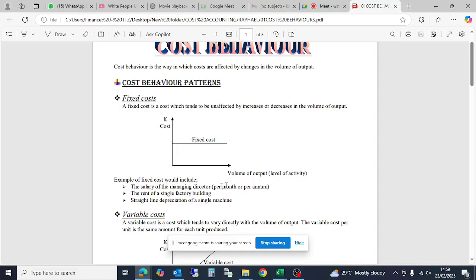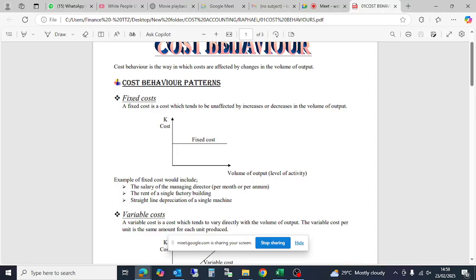Examples of fixed costs: we have the salary of the managing director, per month or per annum. Yes, it's a fixed cost. Basically, all indirect salaries are fixed costs. Salaries for, let's say, the accounts department, that's a fixed cost. Any person's salary that is not affected by production or sales, because the only salary that we can say